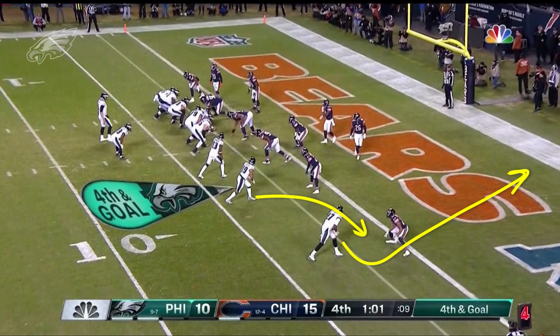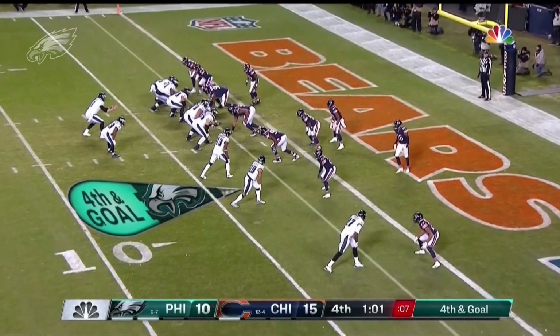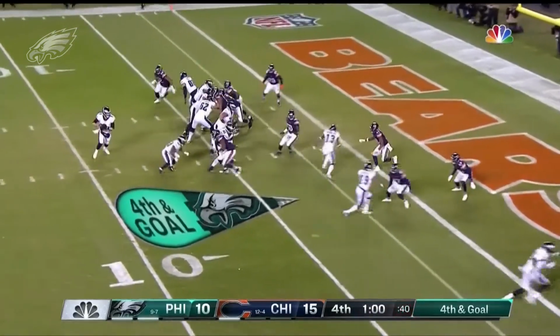If he doesn't win, there's no throw, because this is a 3-step timing throw. So there's nowhere else to go with the football. It's about as basic and as simple as you can get. So let's start the play here, and you'll see exactly what happens. So now what you're going to see right about here,